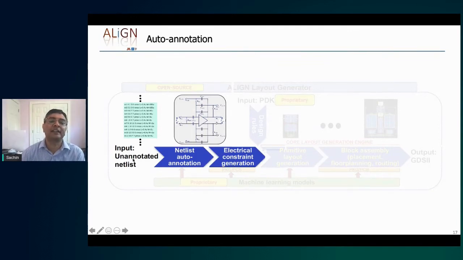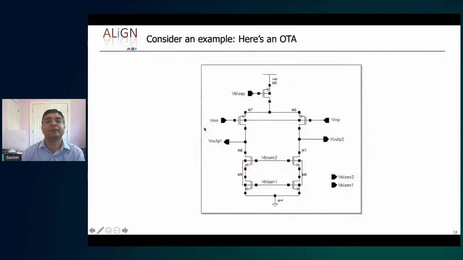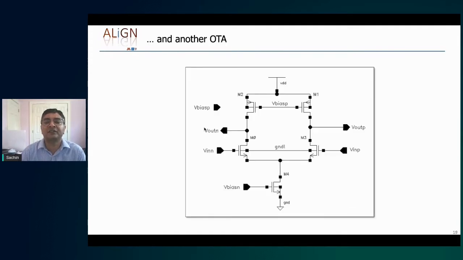Let's first talk about taking the netlist and annotating it to figure out what the building blocks are. Now here, there is a fundamental problem, because when you look at the structure of an OTA, if you're provided that in terms of a netlist or even a schematic, it's relatively easier for a human designer to look at this picture and instantly say that it's an OTA. For a computer, it's not that easy, and the reason is not because of this specific OTA, but because this is not the only configuration of OTA. I can have this structure, which is also an OTA.